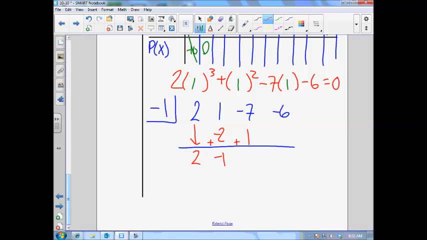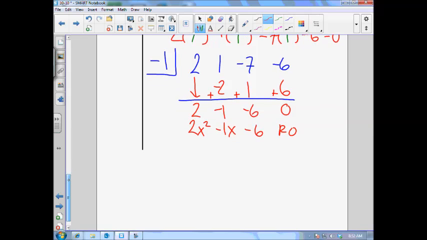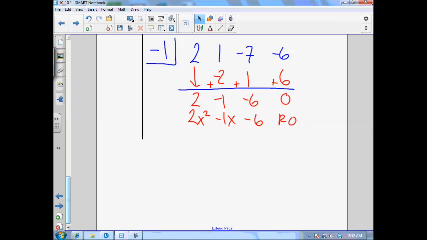Then add it up. Macon, what does this add to? Good. Negative 6. Then Macon, what do I do with this negative 6? Times to negative 1. So negative 1 times negative 6 is positive 6. And then we add them up and we get 0. So this tells us we have a remainder of 0. Negative 6 is our constant. Negative 1 is the first x. And 2 is the x squared. Okay. Now, this polynomial right here, do we know how to factor those to find the zeros or the roots